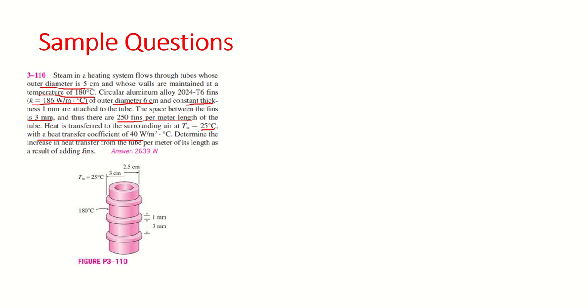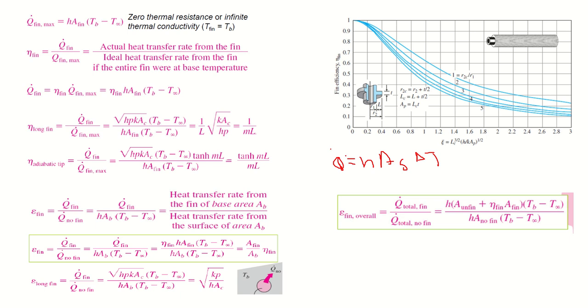Okay, so for such questions we will start step by step. Since we are referring to this graph, what are the requirements from this graph, or how can we solve this question? Let's go step by step. What do we need? We need to see R2C over R1.